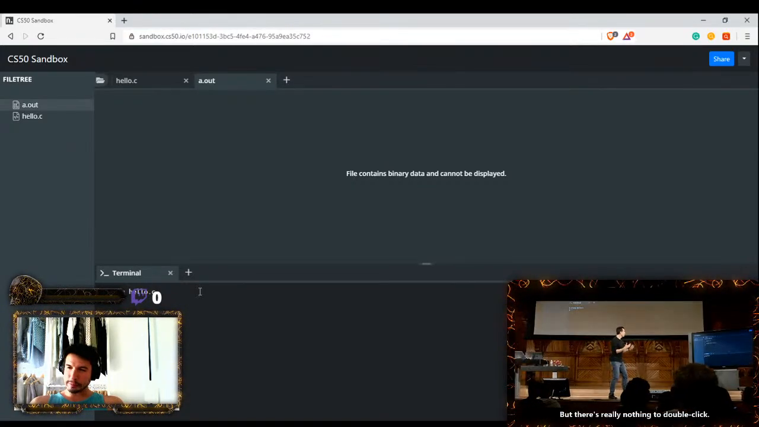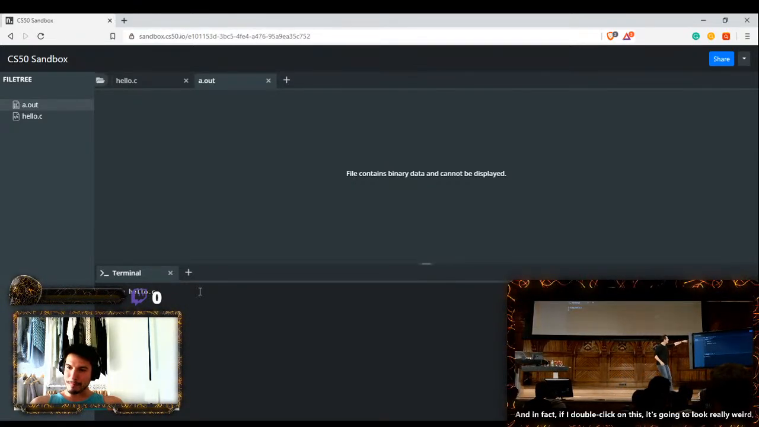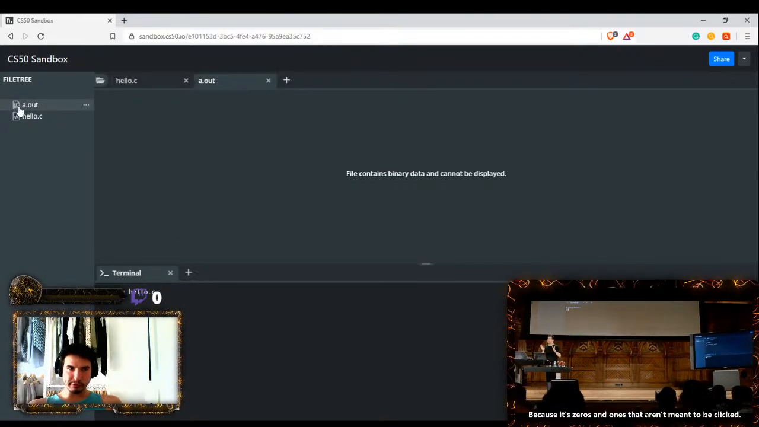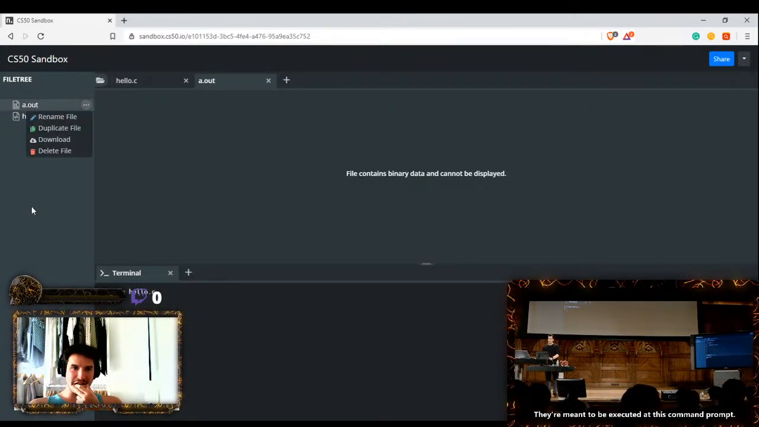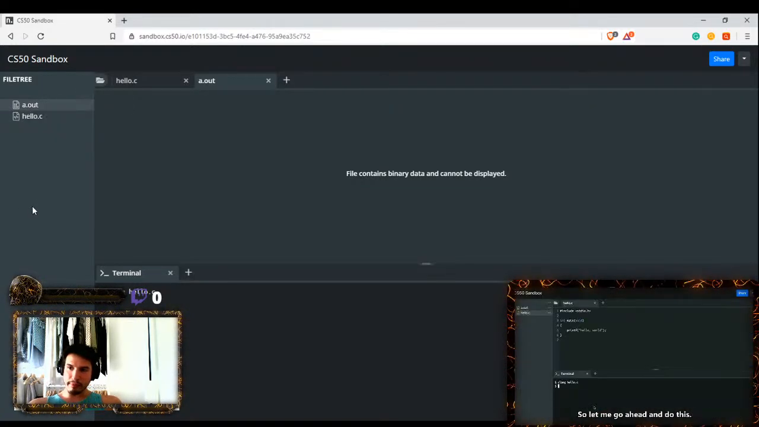All right, but someone proposed earlier to run a program typically on your Mac and PC, you just double click it. But there's really nothing to double click. And in fact, if I double click on this, it's going to look really weird and the computer's not going to understand it because it's zeros and ones that aren't meant to be clicked. They're meant to be executed at this command prompt. So let me go ahead and do this. This too is cryptic, but I'm going to go ahead and do